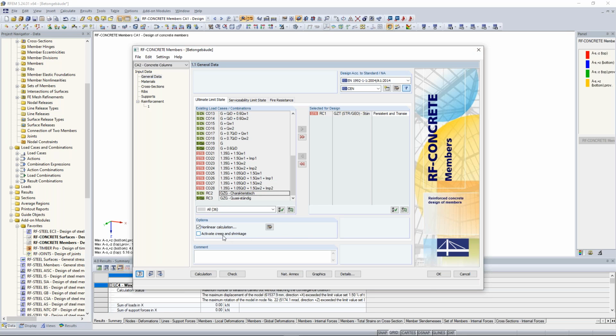And I also want to consider creep and shrinkage. So I activate this here,